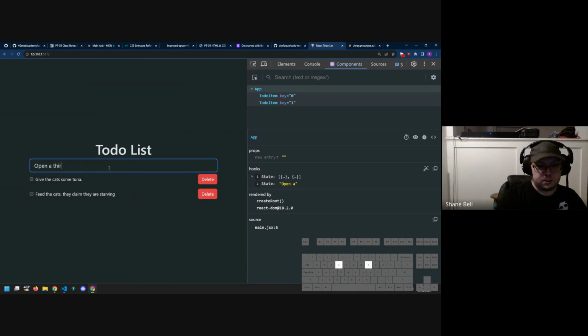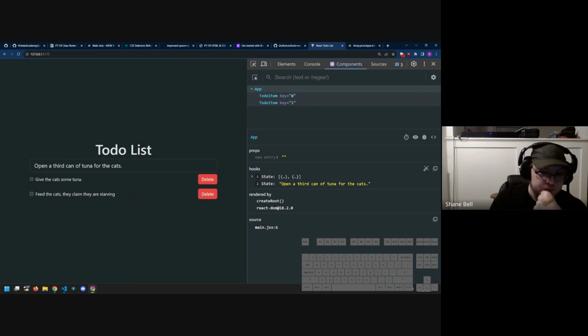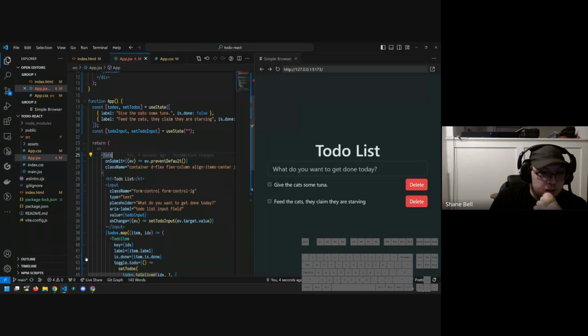So open a third can of tuna for the cats. And you can see that as I type in there, this gets filled out. And then when I get rid of this, that gets cleared out. So we're using the state here to actually keep track of what's in the input, so that when we come over here,